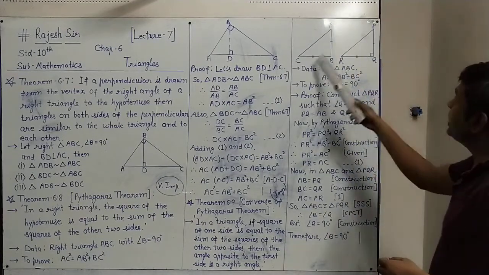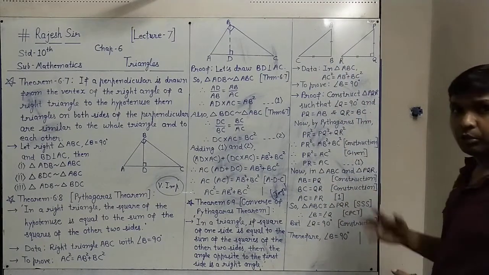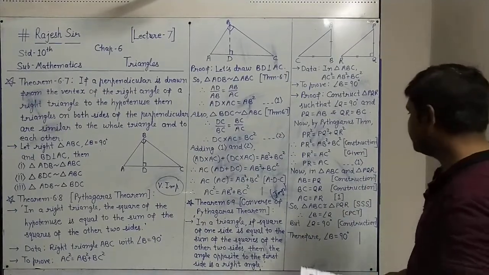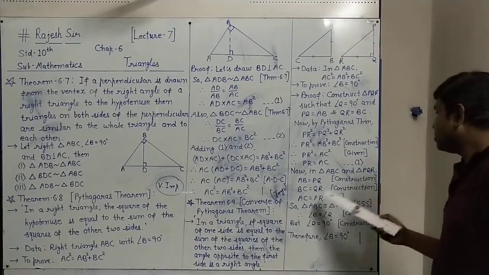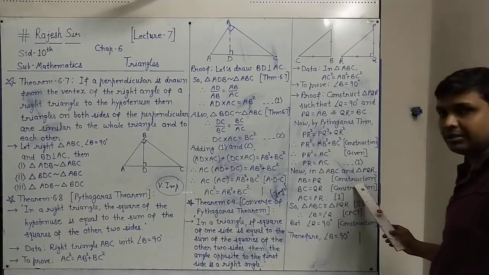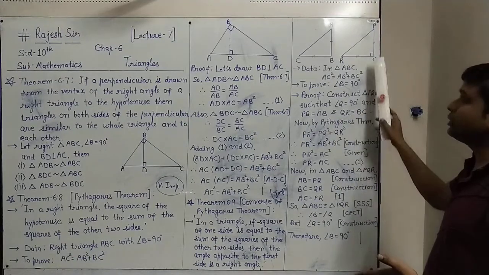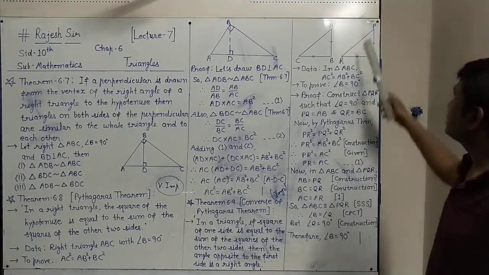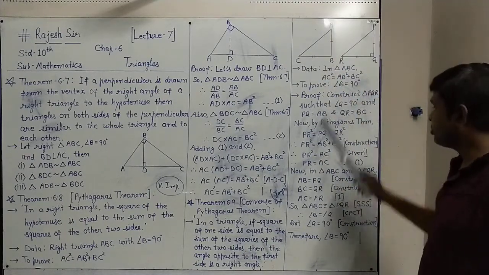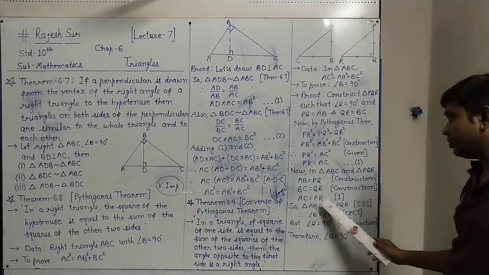Now as you can see the two triangles here, triangle ABC and triangle PQR. In these two triangles we will compare which parts are equal. In triangle ABC and PQR, AB equals PQ, by construction we have done this. BC equals QR also by construction. About the third side, AC equals PR also we can write, because in result 1 we have proved it, AC equals PR from result 1.